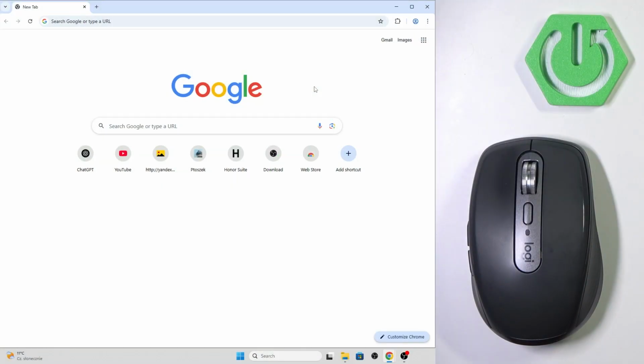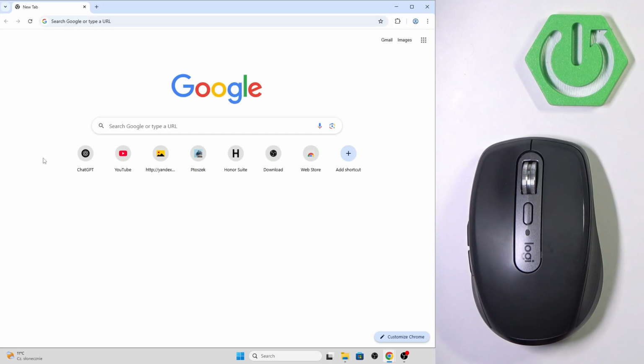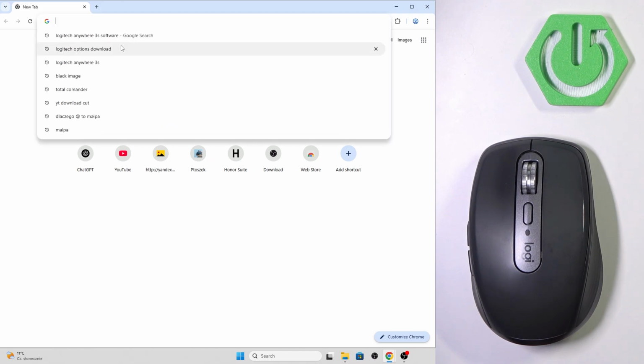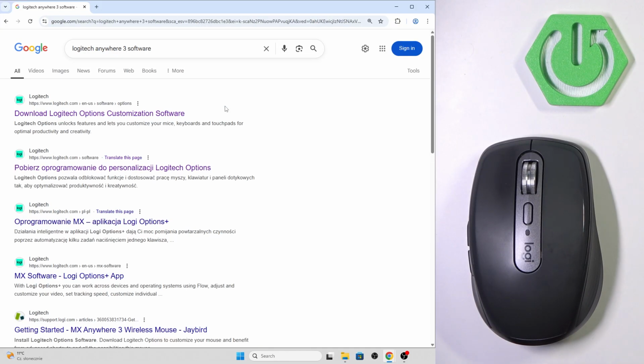So first we have to go into our browser. For me it's the Chrome browser. Now we would probably want to search for something very simple, like the name of our mouse, just like I did here, and then add software. However, it wouldn't be a very good option. It might work for you, though it is not free software, it's just software. And as you can see, it does lead us to a correct site, but I would advise you to just